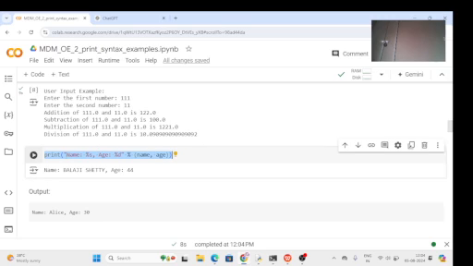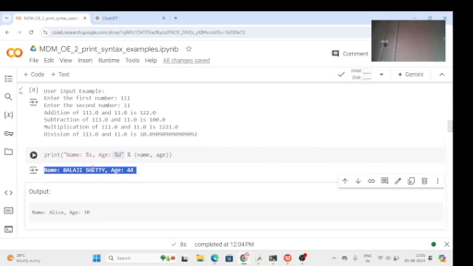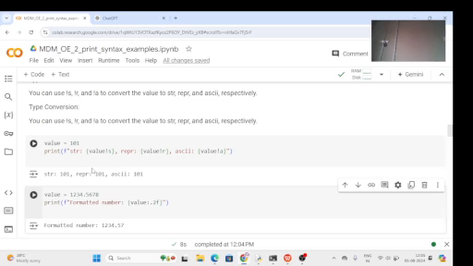Here, one more time. Print name is equal to %s, age equal to %d. Name is a string, that's why %s. Age is a digit, that's why %d. Clear? Yes or no? Okay, very good. Let's move ahead. Now here,